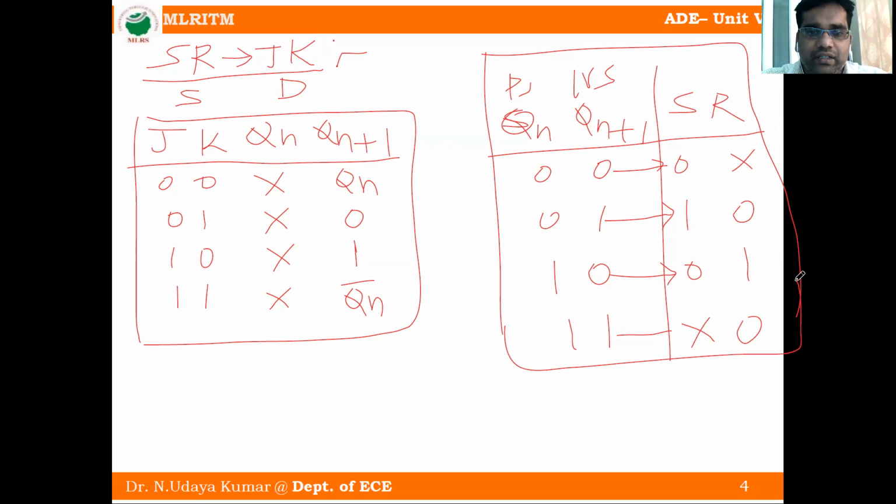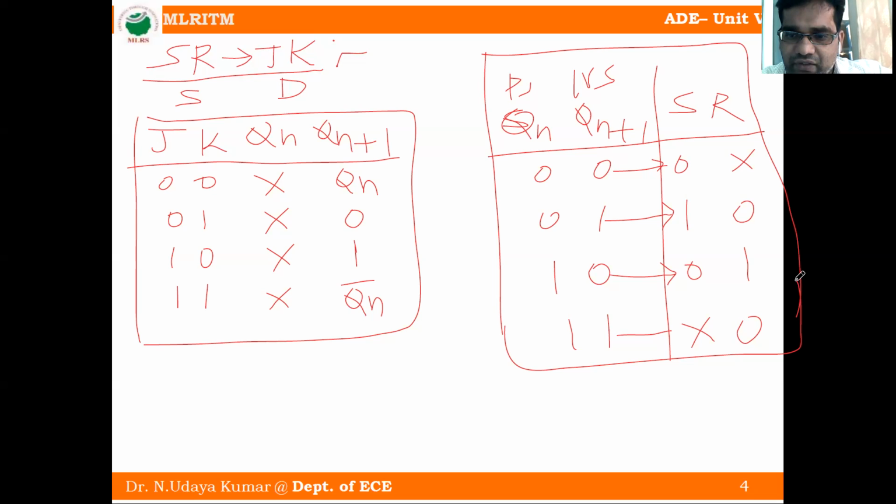Okay. So I repeat, listen carefully. First, we have to write the JK flip-flop truth table, that is the destination flip-flop, from SR to JK. After that, we have to write the source flip-flop excitation table. Already we derived it, but there is a tricky way to remember this excitation table. So next state, write it as it is: 0, 1, 0. Last one, we write as don't care.